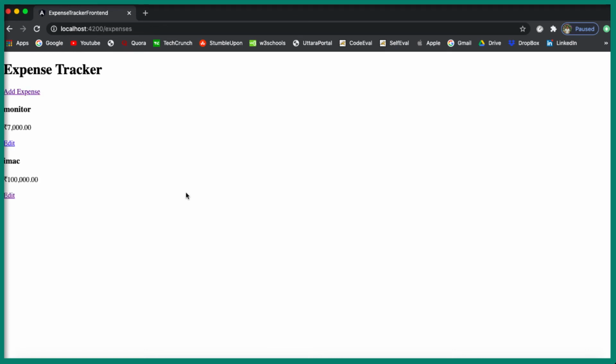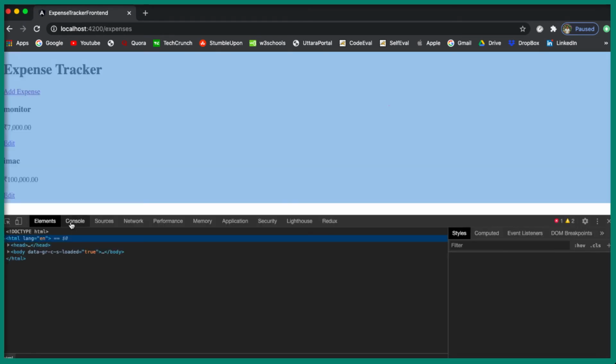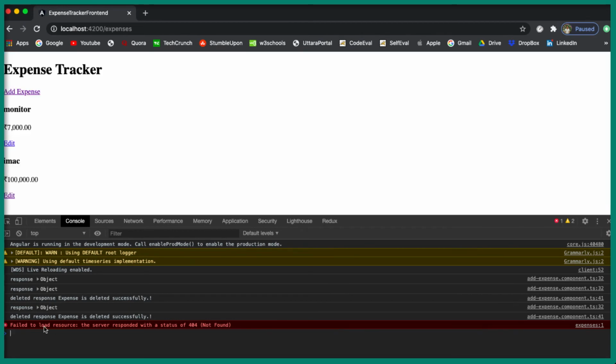Okay, for some reason it is not deleted. Let's actually investigate it in the inspect element. Okay, the delete response says the expense is deleted. It has been deleted, but the list has not been refreshed.